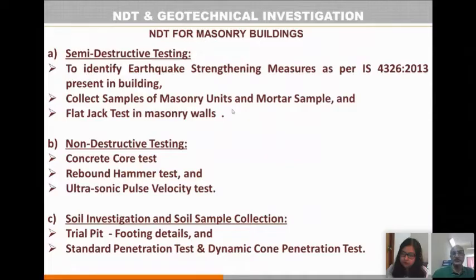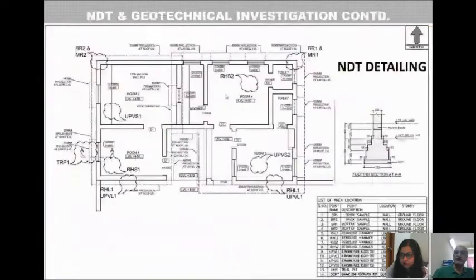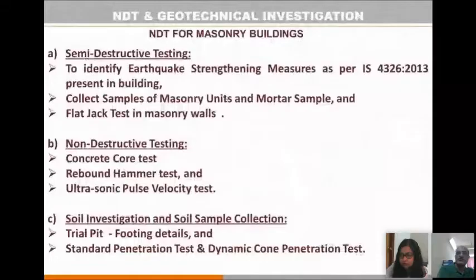But nowadays, the recent IS 1893/2002 also allows you to take out certain units and mortar, get their strength values, and based on the formulations given therein, you can estimate whatever the masonry strength is, and that can be incorporated in the model. Alternatively, the codal provisions as given in IS 1905 can be adopted for permissible stress or strength